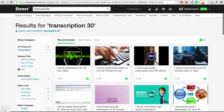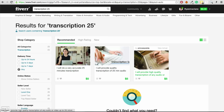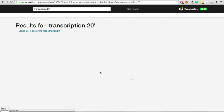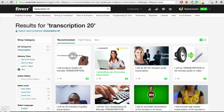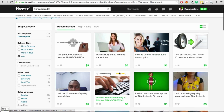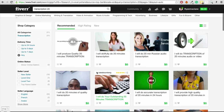If you run out of people that are doing it for 30 minutes, you can search for 25, which is going to be a little bit more expensive, but you get a couple of people there, and as a last resort you can search for 20 and you can get 20 minutes for $5. So there's a lot of people through there. I suggest looking at their ratings and then looking at some of their reviews, and generally the more ratings that they have means the more likely you are to get the job done and to get it done on